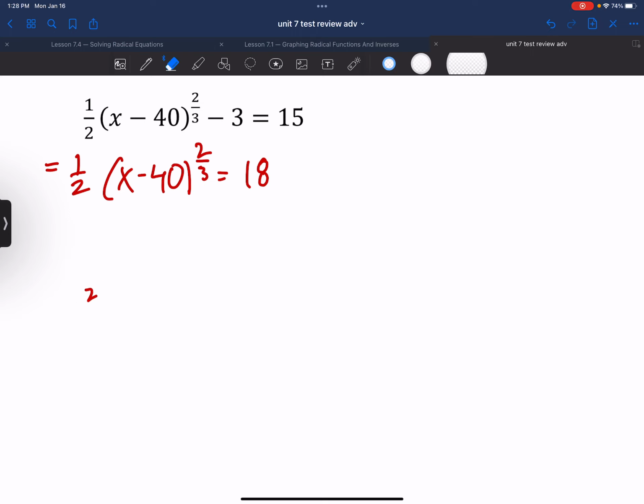So x minus 40 equals positive 216, or x minus 40 equals negative 216. And if I add 40 to both sides, then x equals 256,